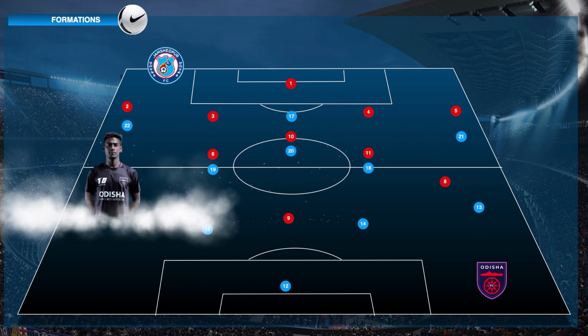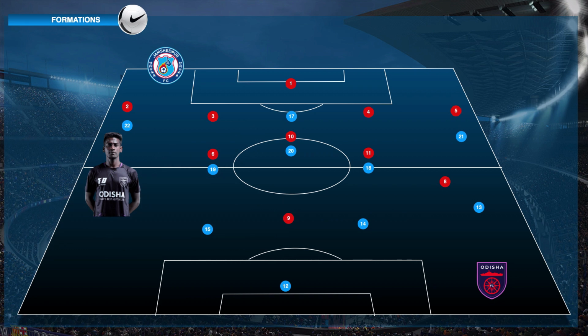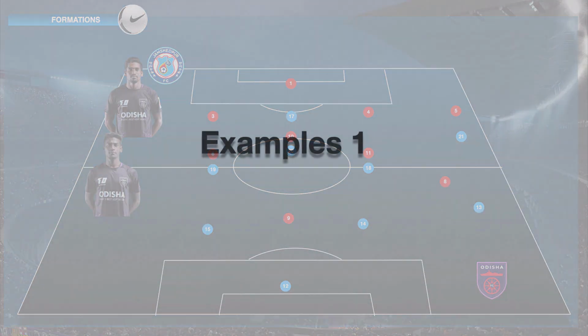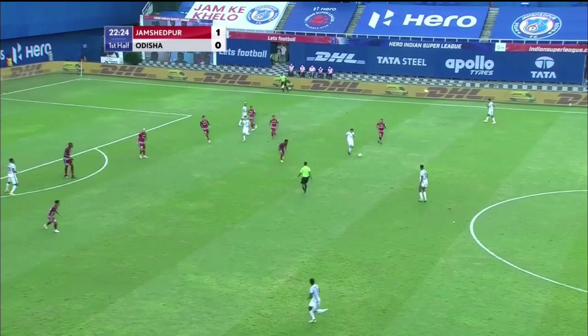If we look further, a problem for Odisha was both sides. They had two right footers on the left side, and a thing to improve for Odisha, especially when they get all their players fit, is to keep the ball a bit more in the team. What you saw, and of course I can only give it through examples on screenshot in this case, is this: